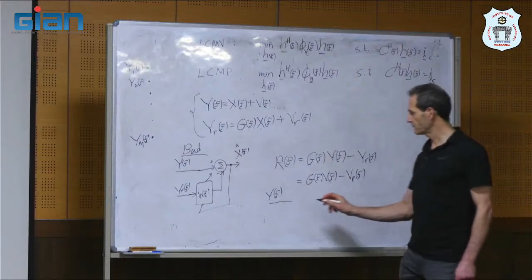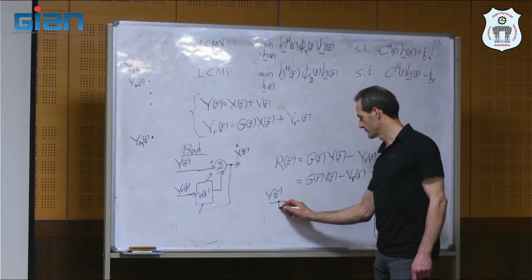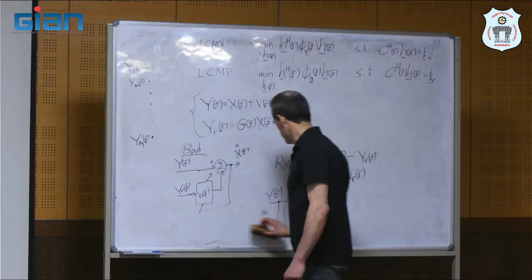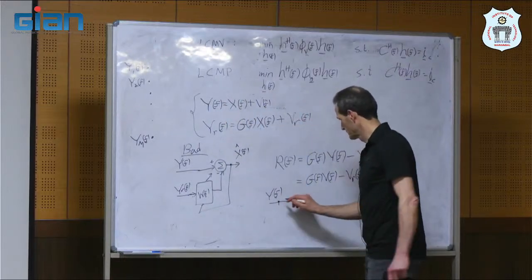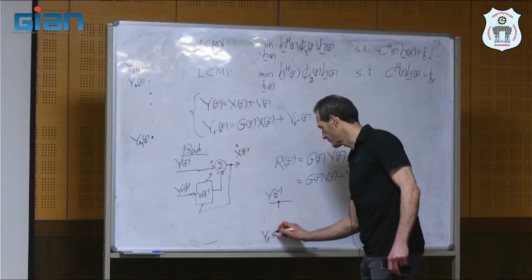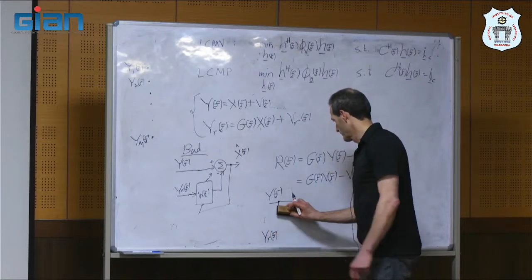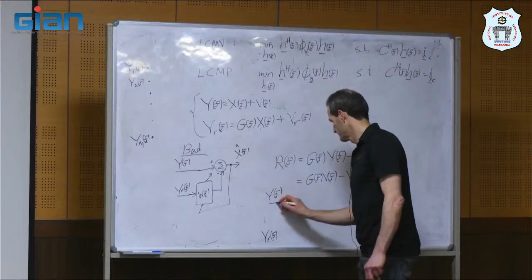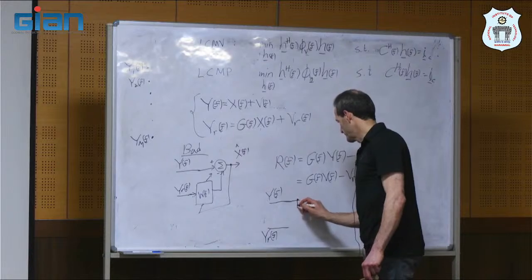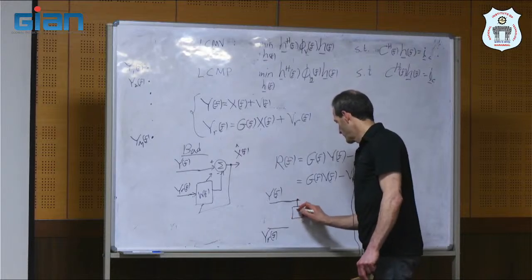You see, we multiply, so we have YRF. So we multiply this with G,